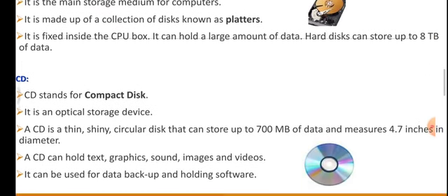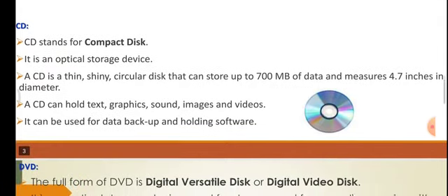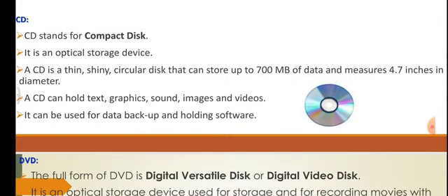Next one is CD. CD stands for compact disc. It is an optical storage device. A CD is a thin, shiny, circular disk that can store up to 700 MB of data and measures 4.7 inches in diameter.